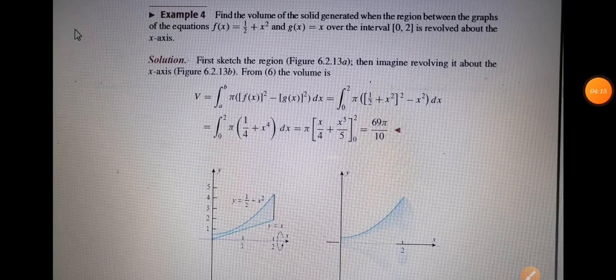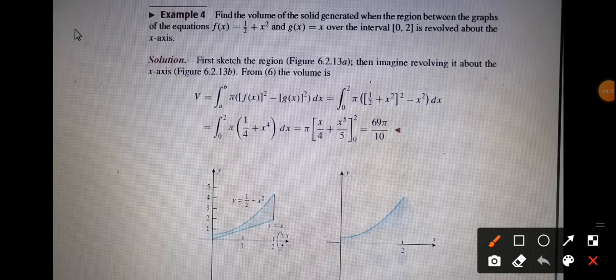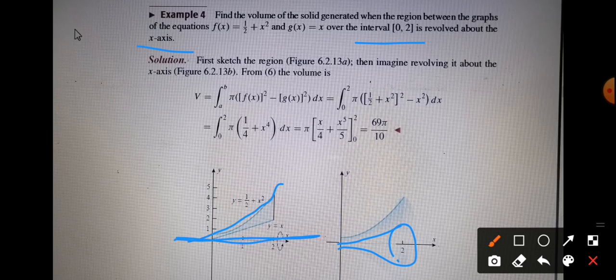So in this case, we have to find the volume of a solid generated when the region between the graph of the equation over the interval from 0 to 2 is revolved about the x-axis. Here you can see a shaded region, and when we rotate it, we will get a hollow shape like this. This one is the hollow part. So how we can calculate that is, we have to subtract the outer curve and the inner curve. So now we have to decide the outer curve and inner curve. When we are on the x-axis, you can see that this will be our outer boundary and this will be our inner boundary. So this function minus this function.